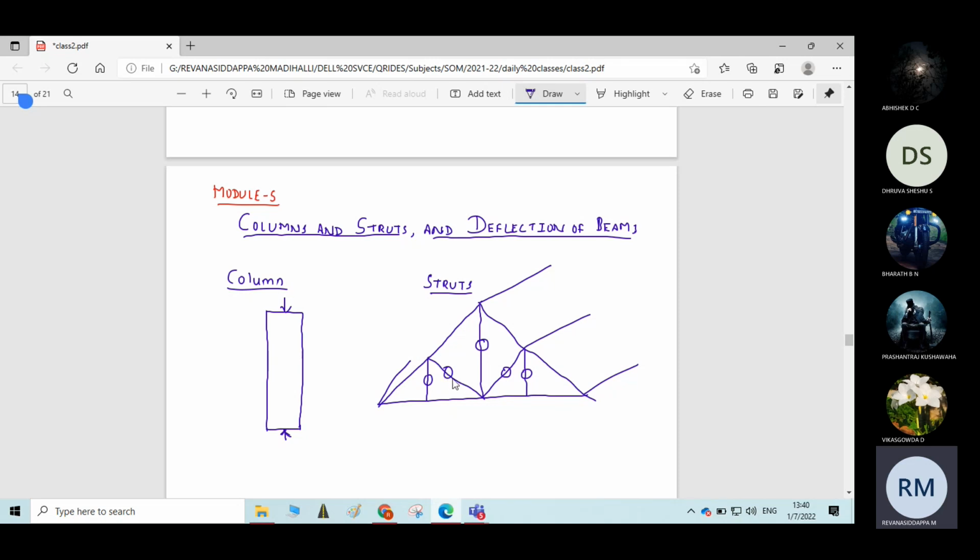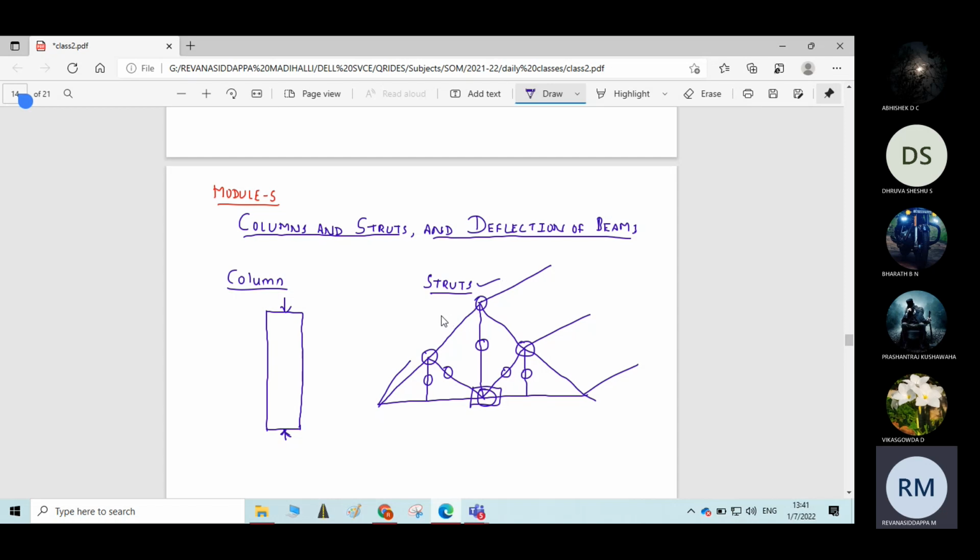These are all compressive members, or members subject to axial force, which are inclined in nature, and the end conditions of the strut will be hinged. Either it may be one end or both ends. If you provide a nut and bolt system at this junction, that nut and bolt system is an example of a hinged support. So one end of the compression member will be hinged. That is what is called a strut.